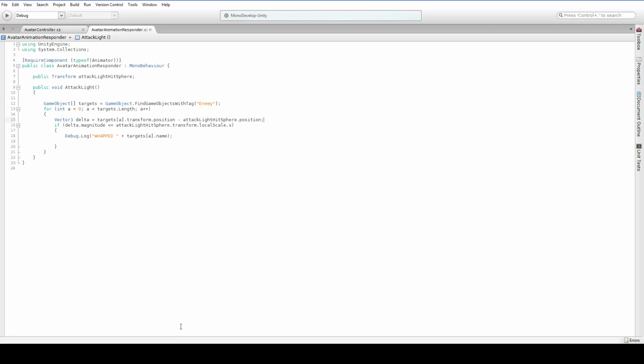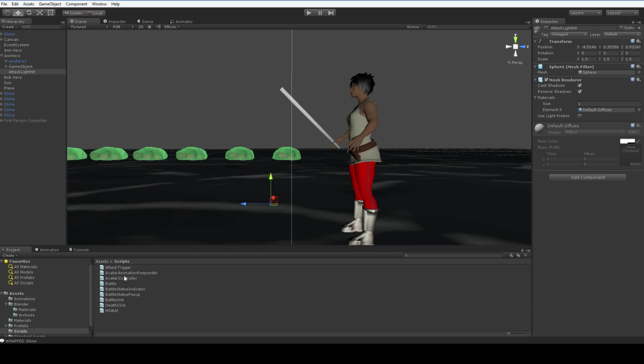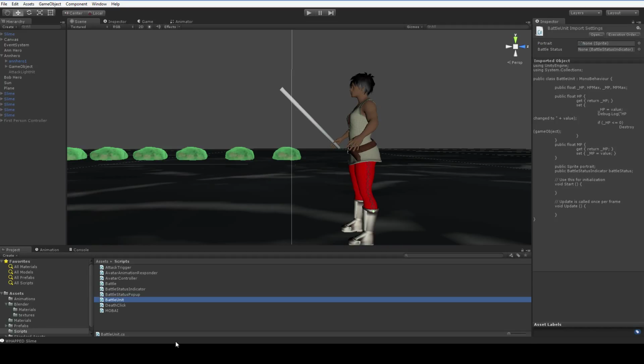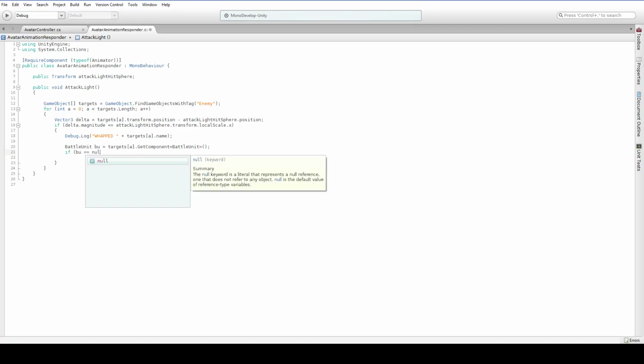But we want it to actually injure the slime. So what we're going to do is say, what's the name of our enemy unit script? Battle unit. There it is. We're probably going to have to make a version of the battle unit which is enemy specific, but that's okay. Battle unit BU equals targets a dot GetComponent BattleUnit, and we say if BU equals null,